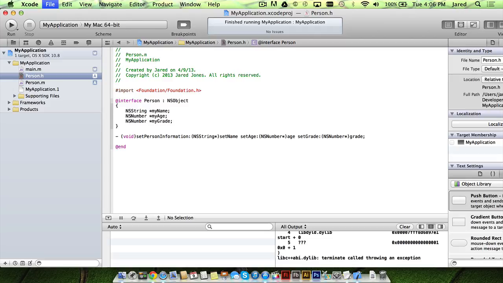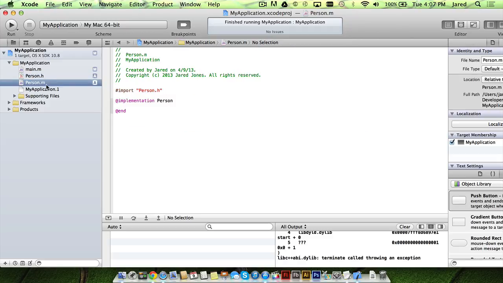What you basically just did here is you created an instance method that'll let you set a name, an age, and a grade. And you may say, well, what are these two things? These are how you access it from your class, which I'll show you right now. So copy this one line of information,